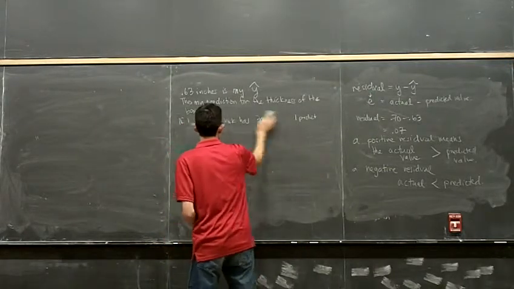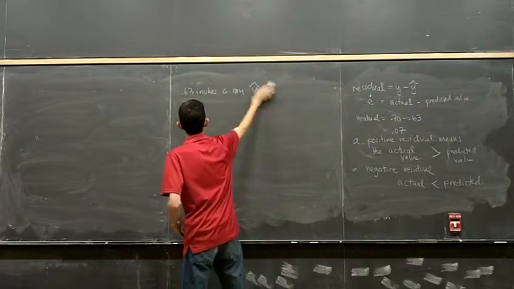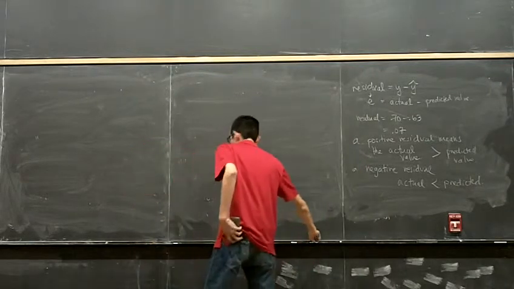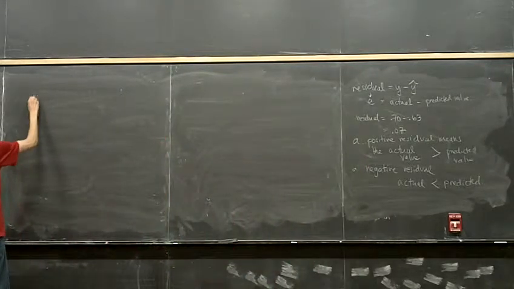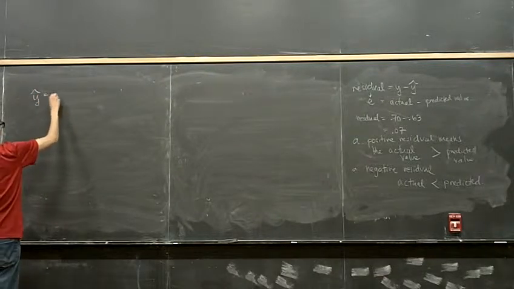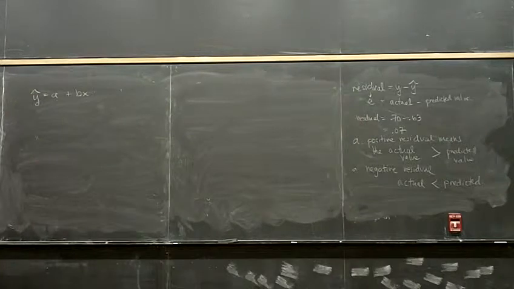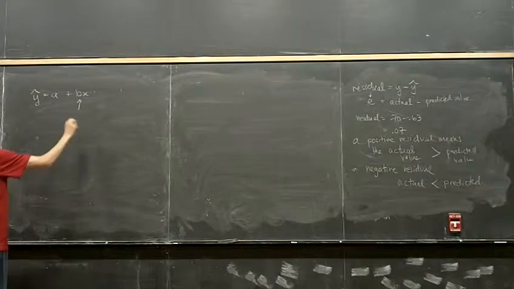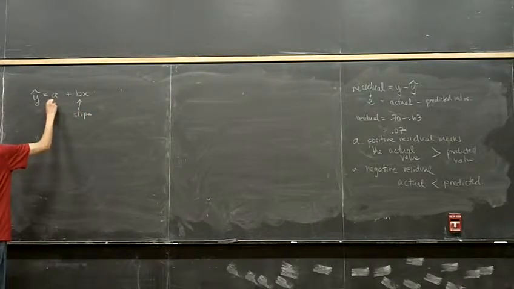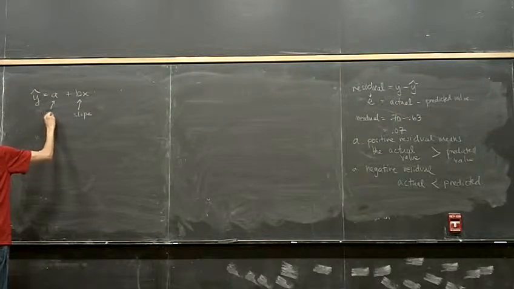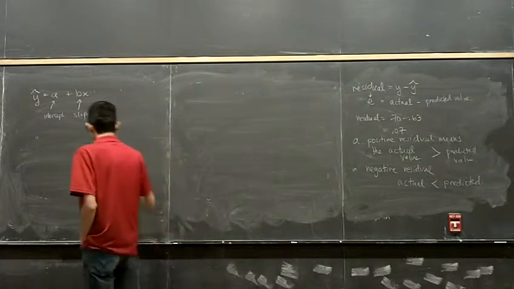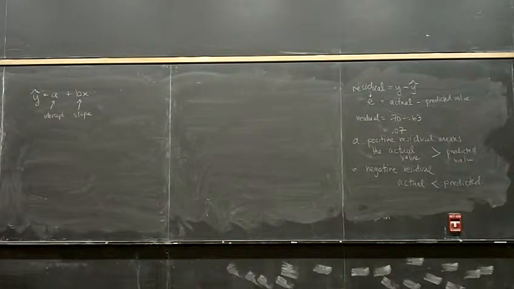Okay, so how do we get this regression line? So the regression line, once again, is y hat is equal to a plus bx. Okay. What is b? B is the slope, and a is my intercept. Well, the regression line, what the mathematicians